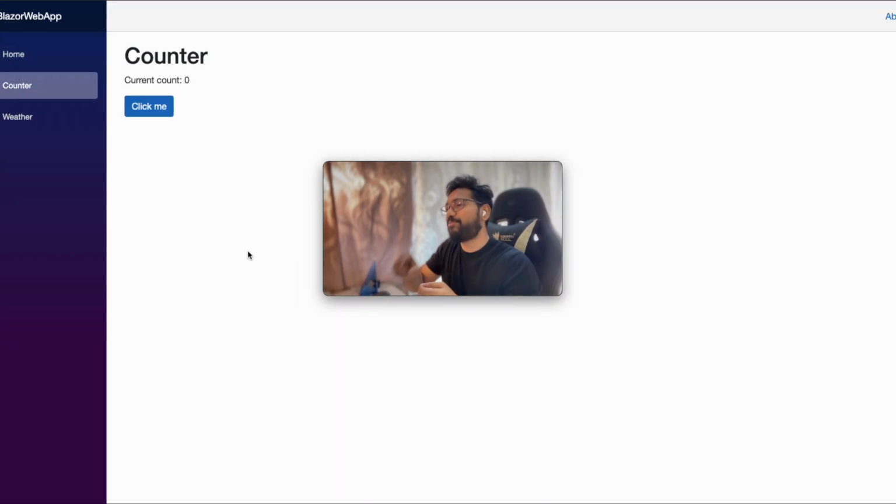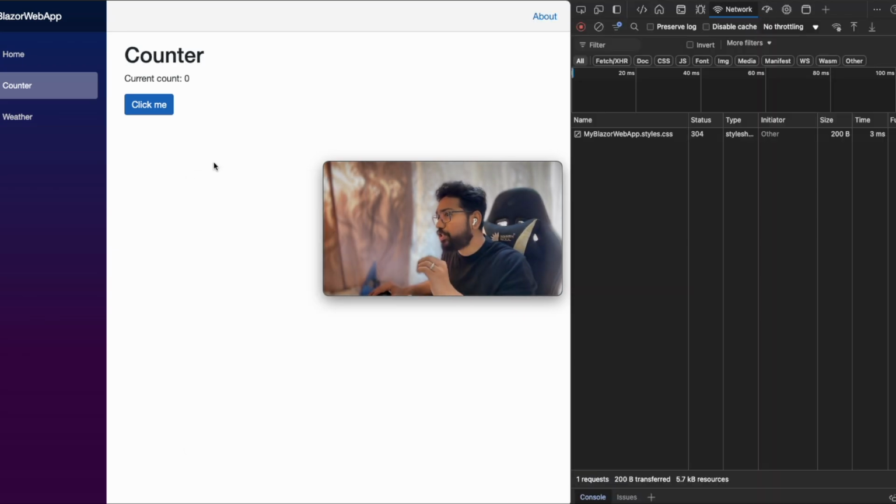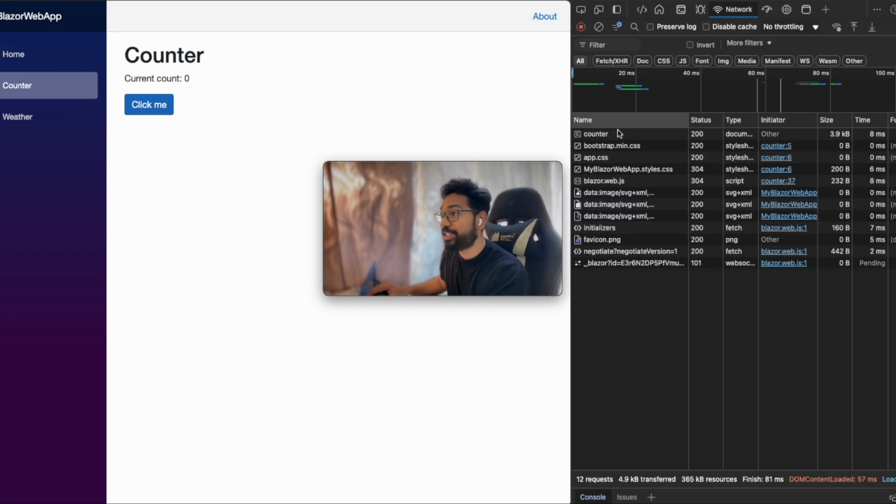Here I have the Blazor component counter. Let's inspect this component. Let me take you to the network tab. Now watch closely what happens when I refresh this page. You see all this information is loaded. This is your initial request that I was talking about. The client makes an initial request to the server and the server responds with the DOM, that is HTML, CSS and all other resources that are necessary, with one more extra thing,